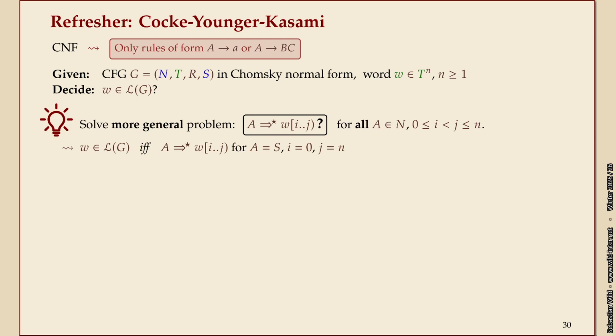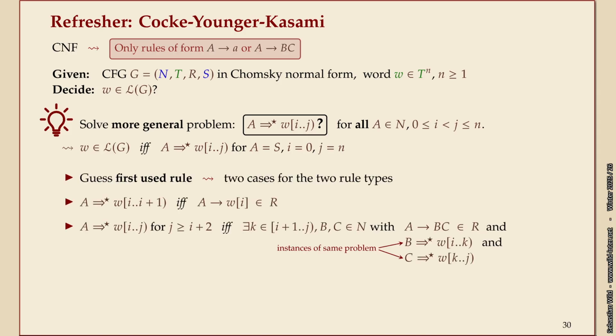And I'm presenting this here as if this was a very surprising idea. I don't know. You solve the more general problem where you don't just ask, can I go from the start symbol to the entire string? But you ask the question, can I go from all of these non-terminals to all of the possible substrings of that string? Clearly, if you solve that question, you've solved the original one, because that's just inserting certain values. You start from S and you go to everything. But it turns out that this has a nice structure so that you can reuse bits, and it smells a lot like a classic algorithm design technique.